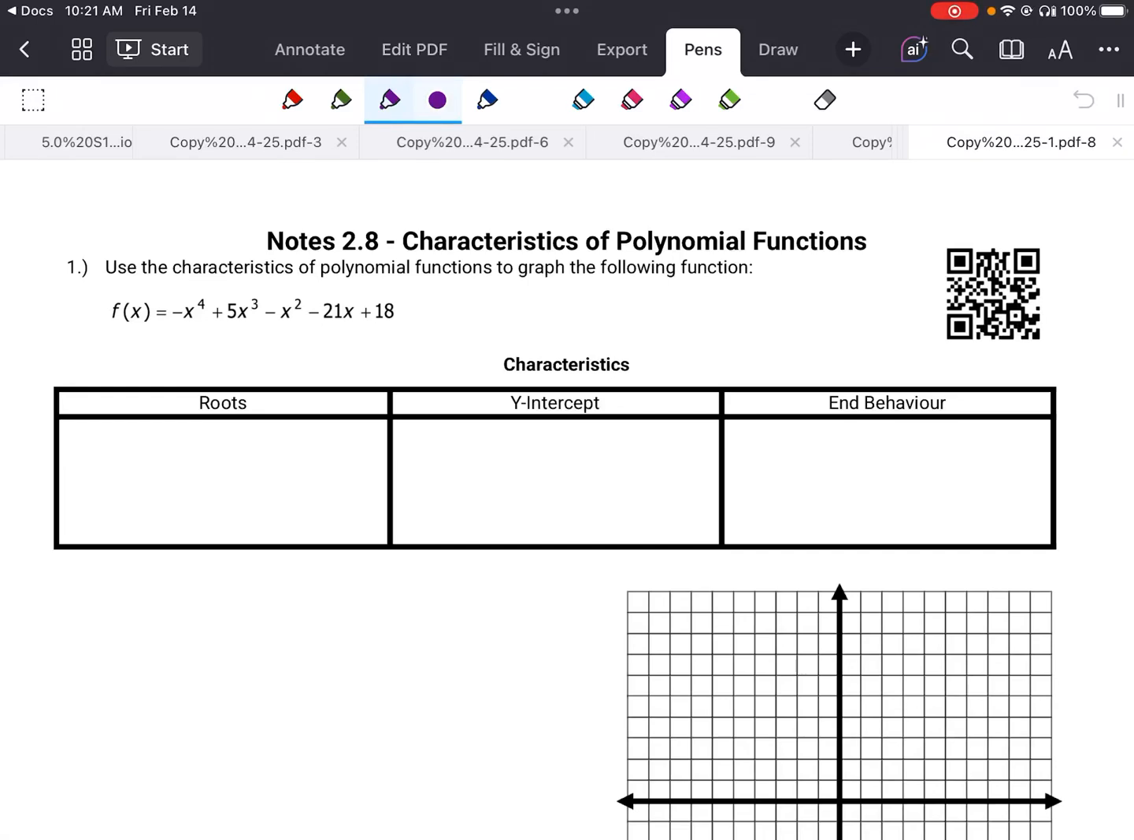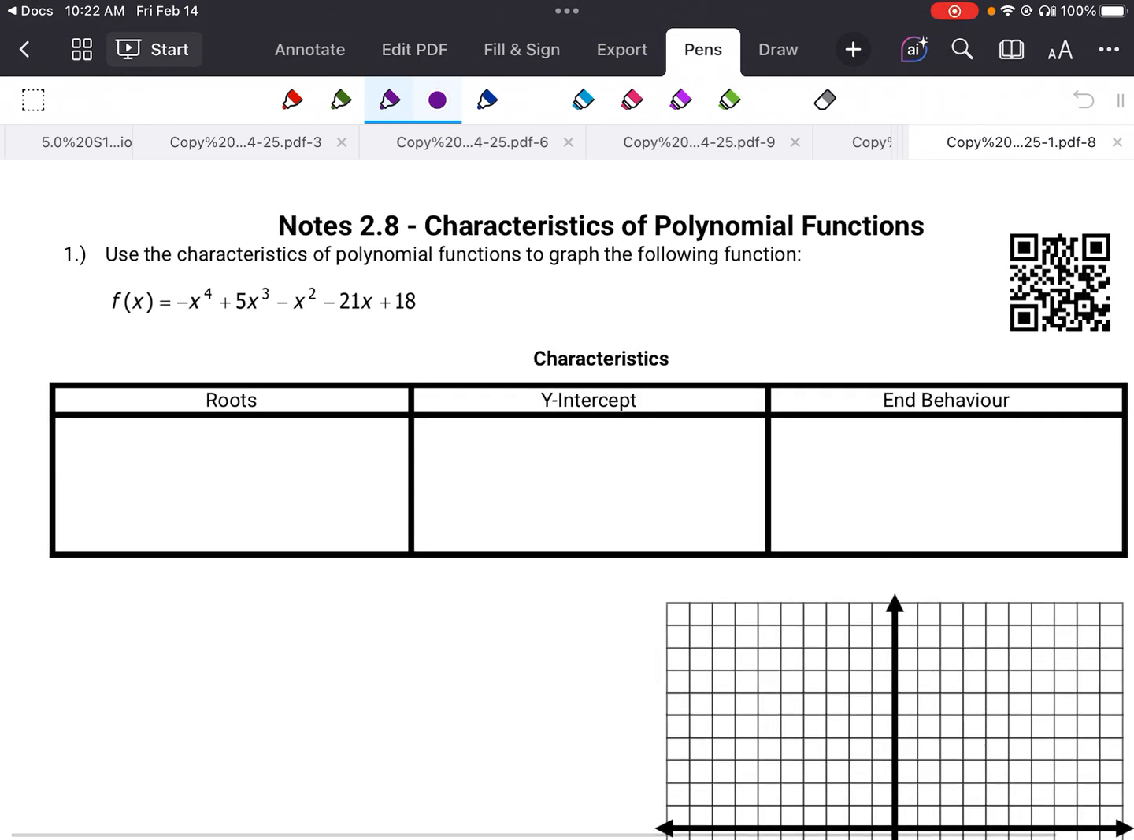All right, today we are moving on to the characteristics of polynomial functions. This is a continuation from before. We are going to use the characteristics of polynomial functions to graph the following function. The function we're given is negative x to the power 4 plus 5x cubed minus x squared minus 21x